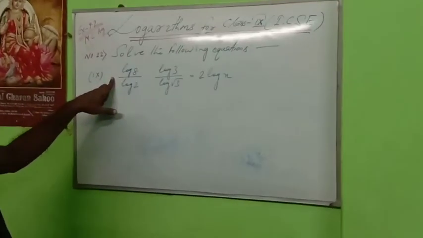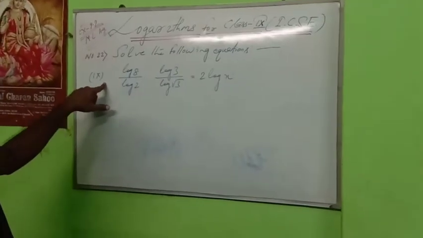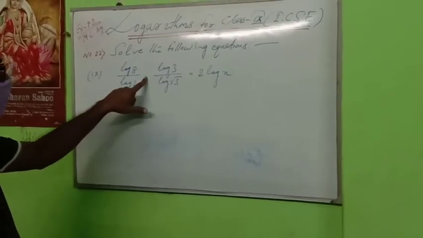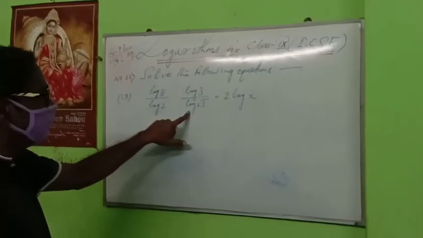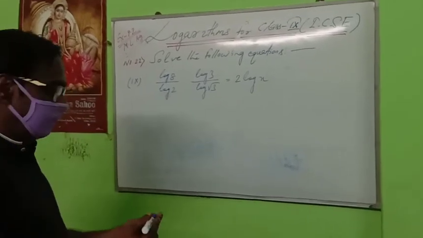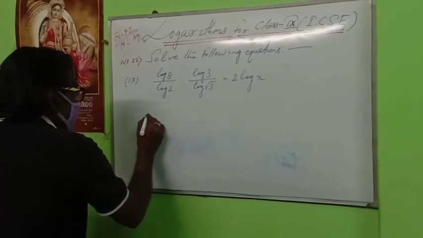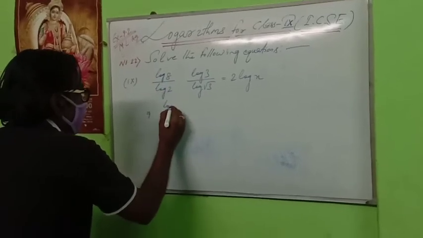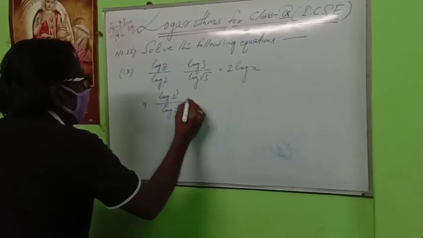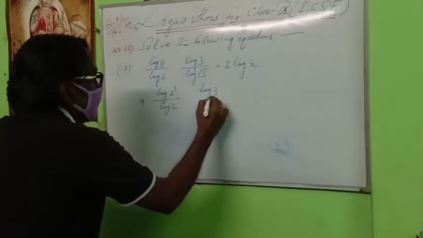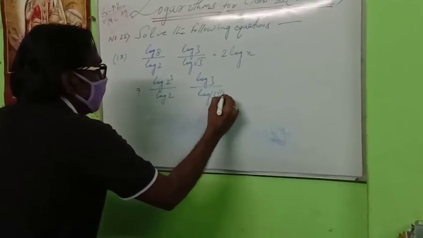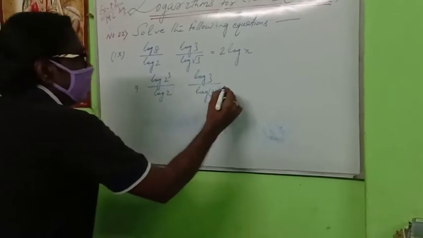Hello students, let us see the 9th part of the question. Given log 8 by log 2 into log 3 by log root 3 equal to 2 log 8. You have to solve for x. You have to find out the value of x. Just see how I am doing here. Implication here, 8 means what? 2 cube by log 2 into this is log 3. This will be what? Log 3 to the power how much? 1 by 2, because root means power 1 by 2. And this side will be log